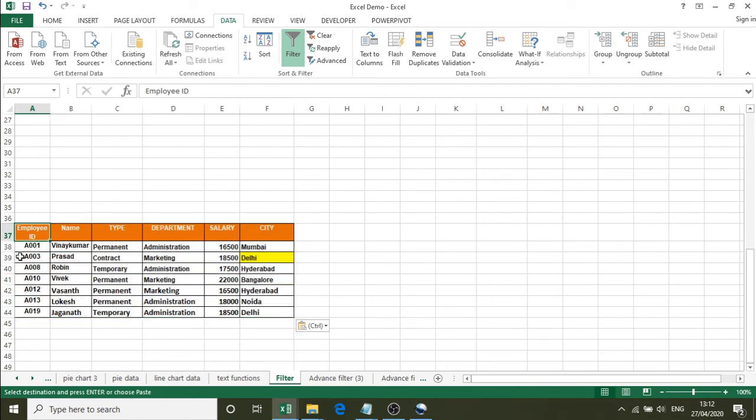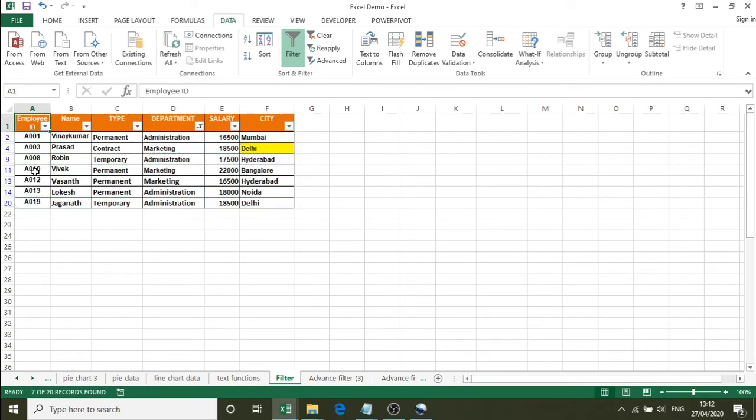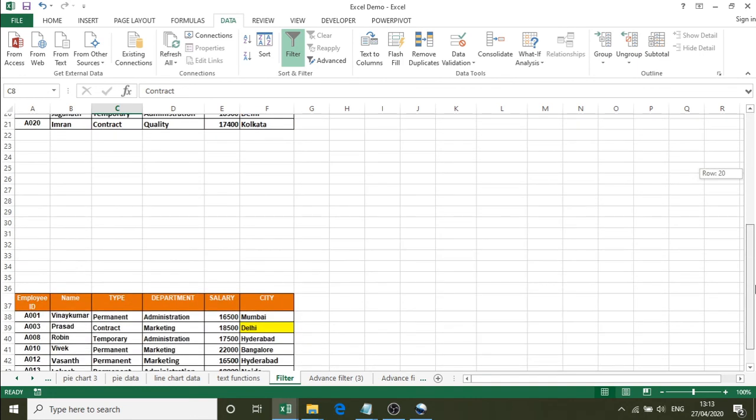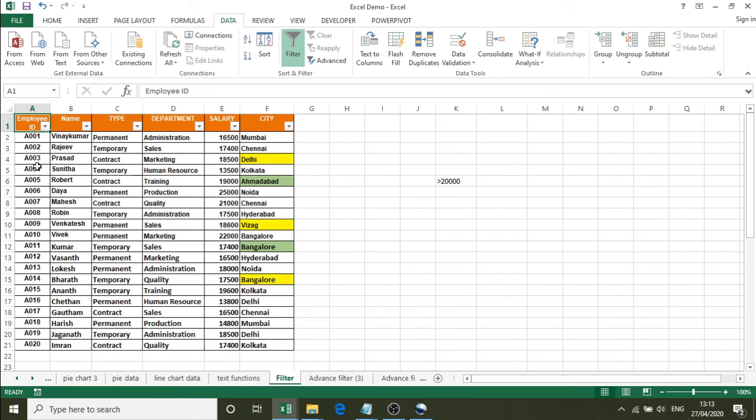and I will paste it in another location. So once you paste this, this is an extract of the main table or data set. So here in this original table or the filtered table, it is only temporarily hiding the information. It is not removing the records. So once you clear the filter, you can obtain all the original data. So this is how you can copy and paste the data in another location. As you know, the filter option will hide the records and display only the records that matches the criteria.